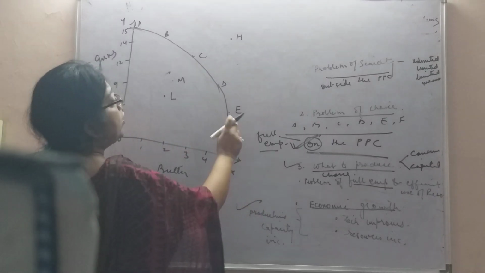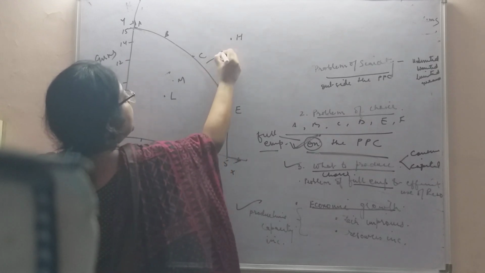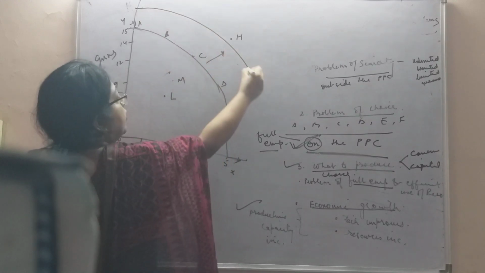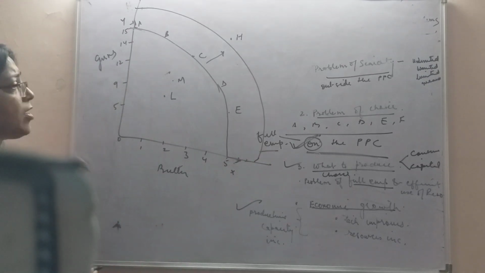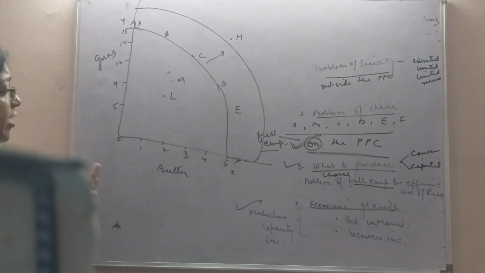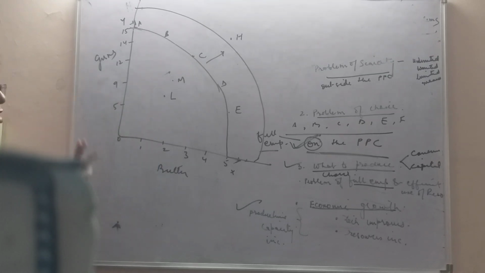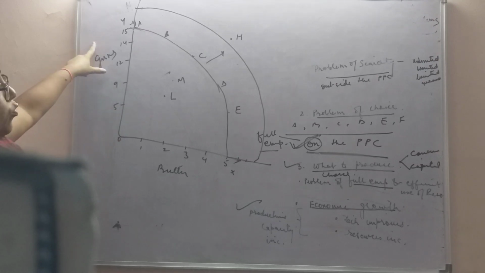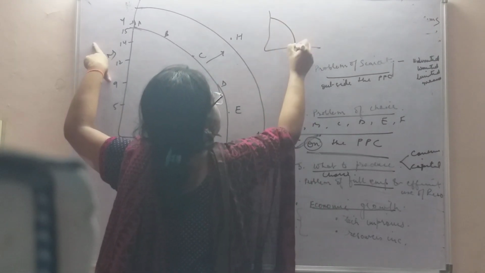So economic growth can be shown with the shift of the PPC outward. You draw a parallel curve outward. Parallel means an overall increase, meaning production of both goods will increase, both the labor intensive and the capital intensive product. But if I say the technology of guns improves, then the PPC will shift differently. This is a high level question.